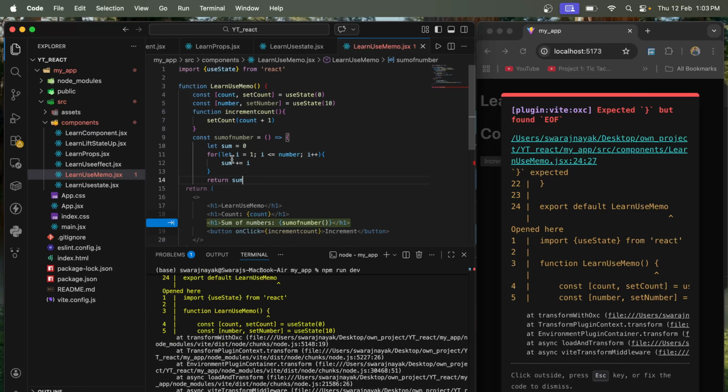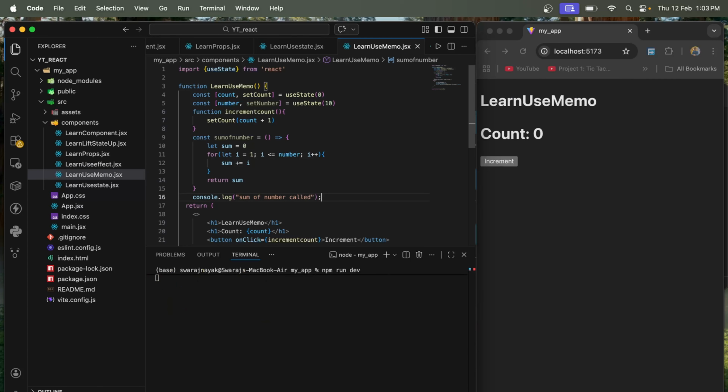Here I write a for loop: for let i equal to 1 and i less than or equal to number, then i plus plus. If you come from JavaScript, then you can understand, I think. This function is responsible for returning the sum of numbers, the sum of this number. This number means 10, so the sum of 10 numbers. And if you want, you can write console.log, sum of number is